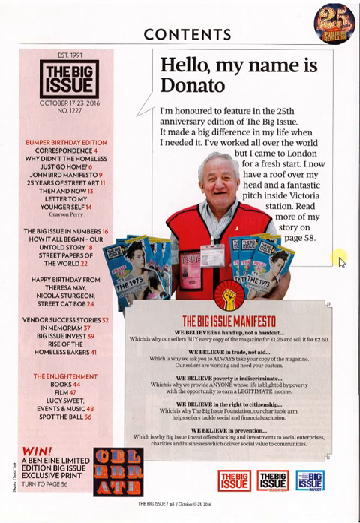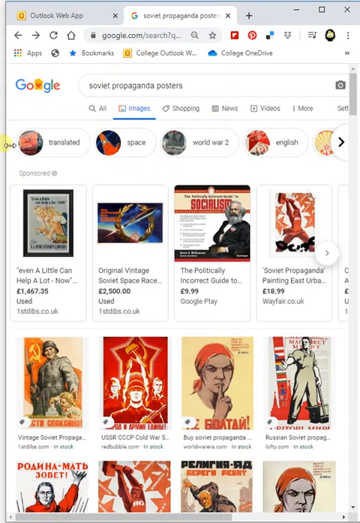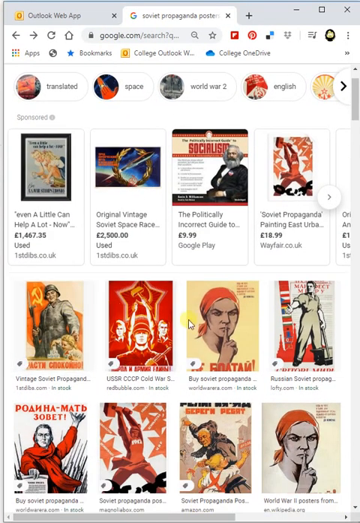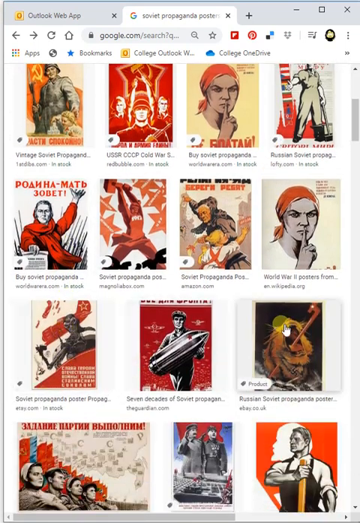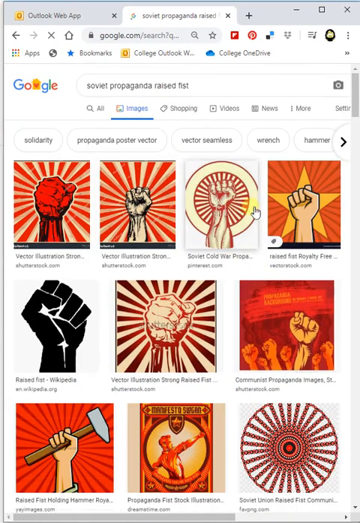Probably the most important part of this, though, is this, the Big Issue Manifesto. So a manifesto is where you set out your beliefs and your ideals. Notice the iconography, a bit like 1920s looking here, but notice this raised fist, right? This is an intertextual reference to Soviet propaganda art. As you can see here, look at these artworks here. It's called agitprop propaganda. Particularly noticeable, look at these ones, okay? This is very, very similar